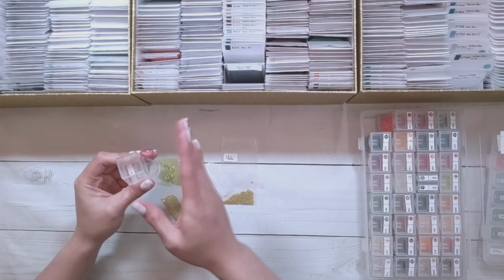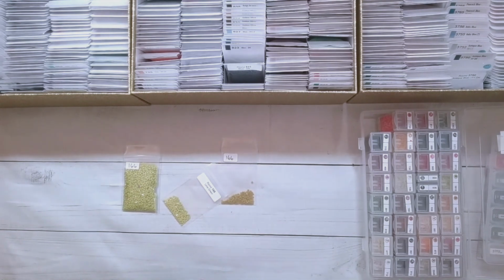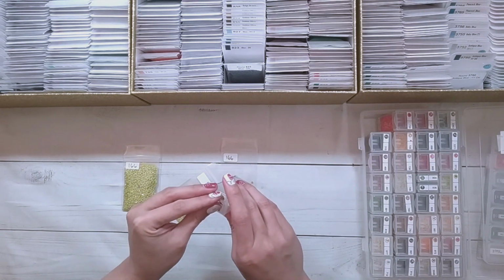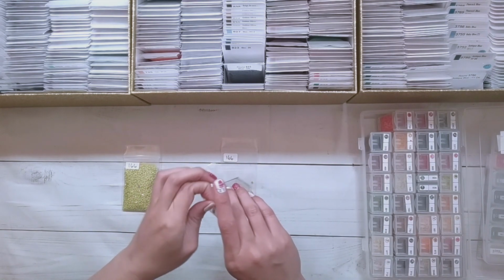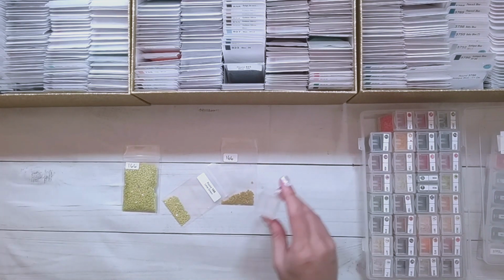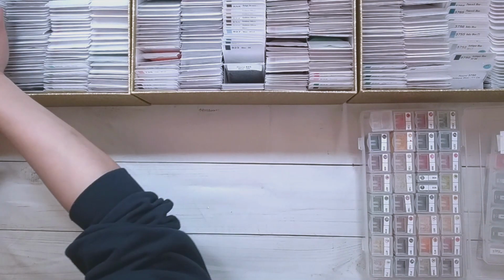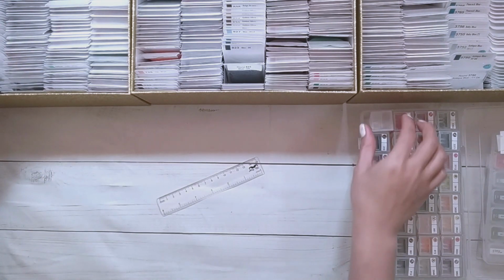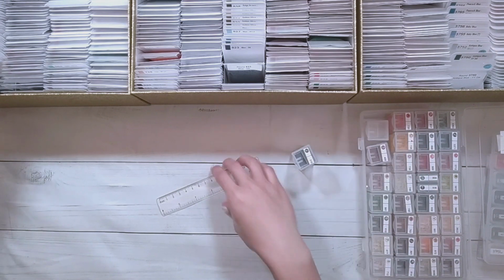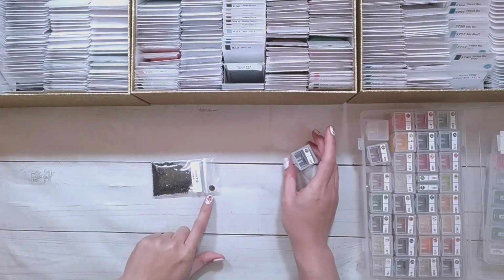But this one looks like that one. Then I take off the label, and then I have an envelope here from mail to put it away. 310. And then you might see some of my